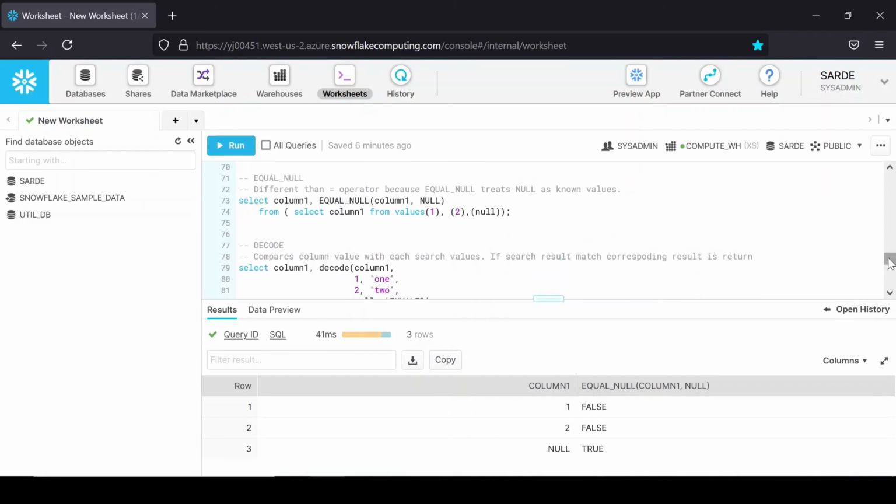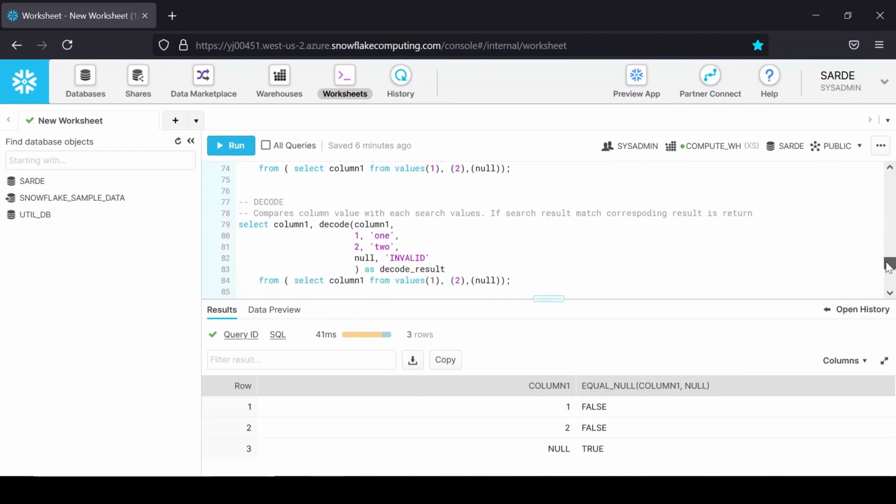Next, this is a very useful function, DECODE. What it does is it compares column value with each search value. If search result matches, the corresponding result is returned. Let's see the example. So if I run this select query, I can see this is a column 1 that I am passing. Next, I am using DECODE.